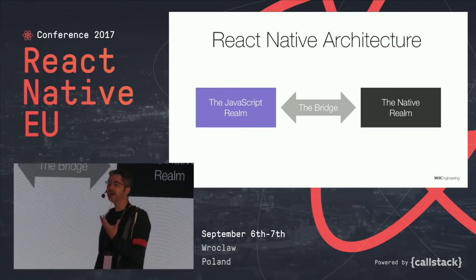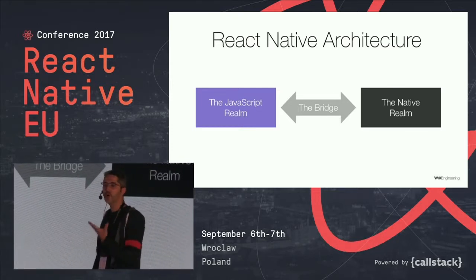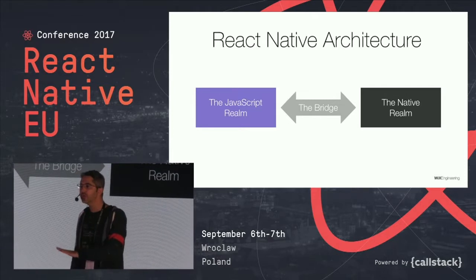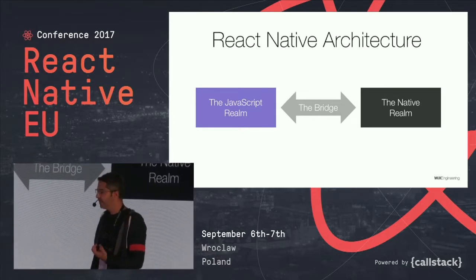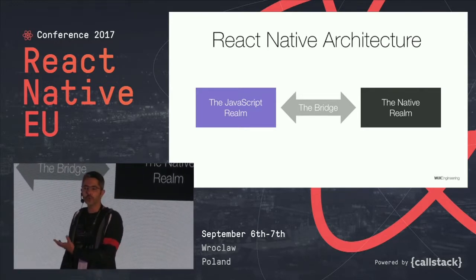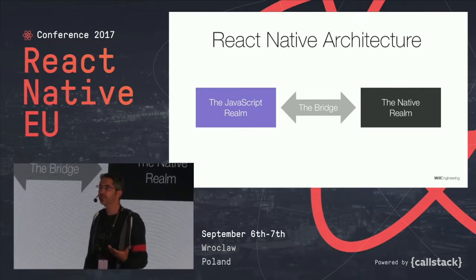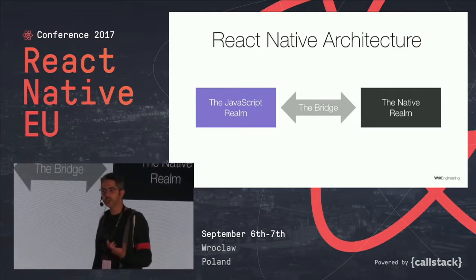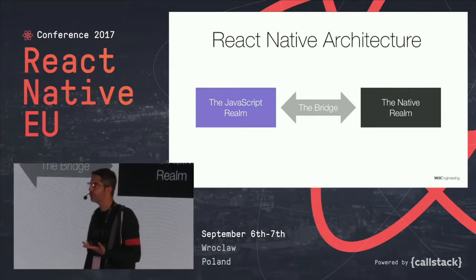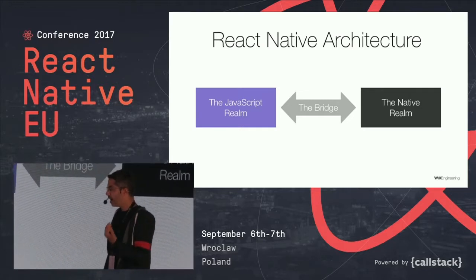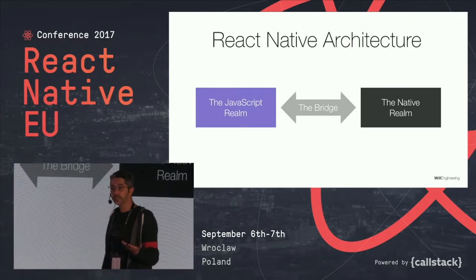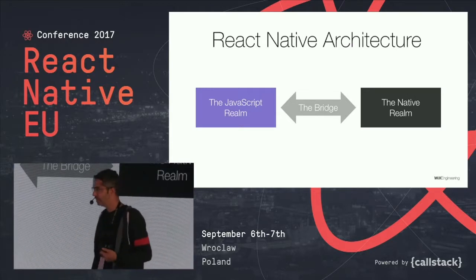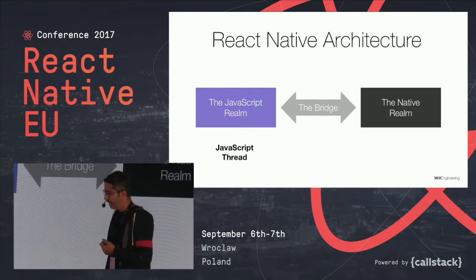The UI is not HTML UI, it's not DOM, it is native views, regular native views that Emil explained very nicely in his talk, how it all works. So these native views, and most of them are implemented for you in the framework, are implemented in Objective-C, in Swift, in Java, in the native languages that are appropriate for each platform. And the communication between these two realms goes over the React Native bridge. You just send messages, and I think Emil showed exactly how it works.